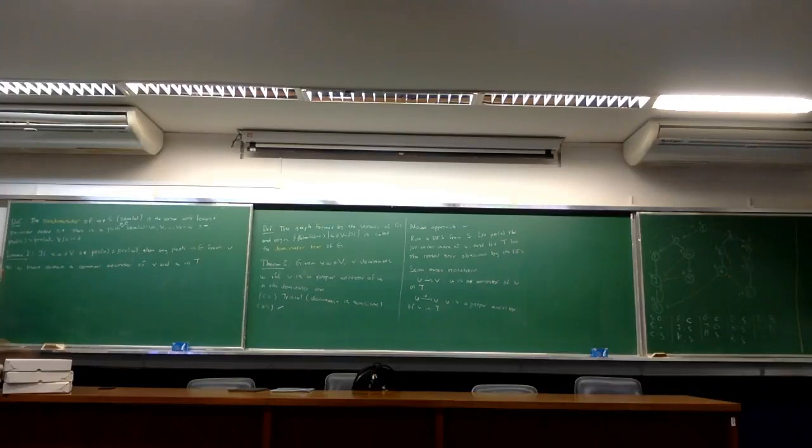So basically what we have here is, you have two vertices and one has a lower pre-order index than the other. And you want to find a path from the first one to the second one. And this lemma states that every such path has to go through a common ancestor of V and W in the DFS tree. Well, the case where V is an ancestor of W is trivial, because V is such a path. So suppose that's not the case, and consider the LCA of V and W, the lowest common ancestor.